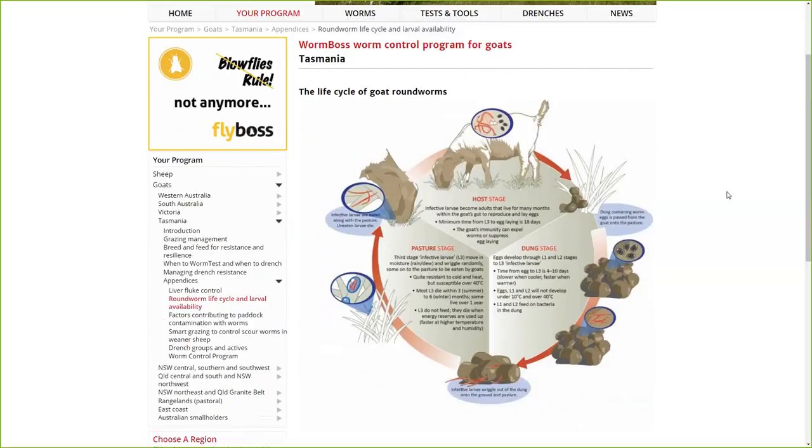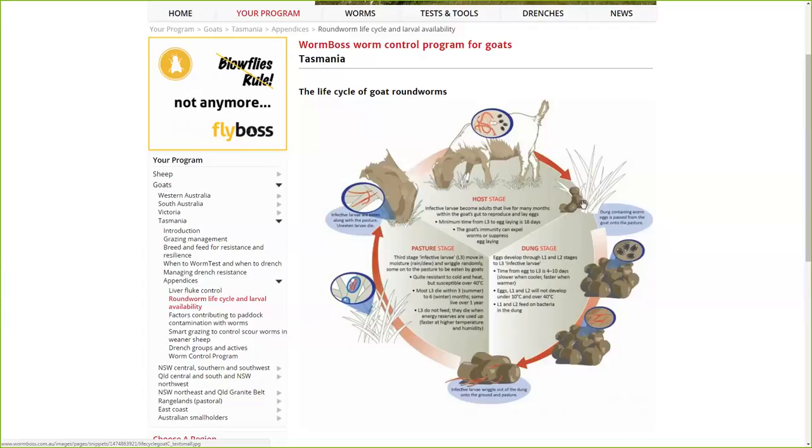Marginally. So if we're starting with established worms that are resident in the goat, these are as possible as the adult stage, but they could be as the L3 stage, and I'll explain that as we go around this life cycle circle. But these are the worms that are going to be killed by those short-acting drenches. So the eggs that are laid by the goat before the drench, the eggs that are contained within the feces deposited by the goat,